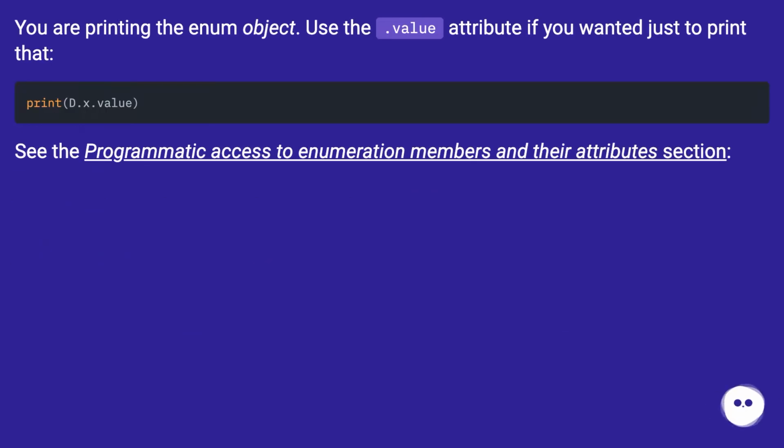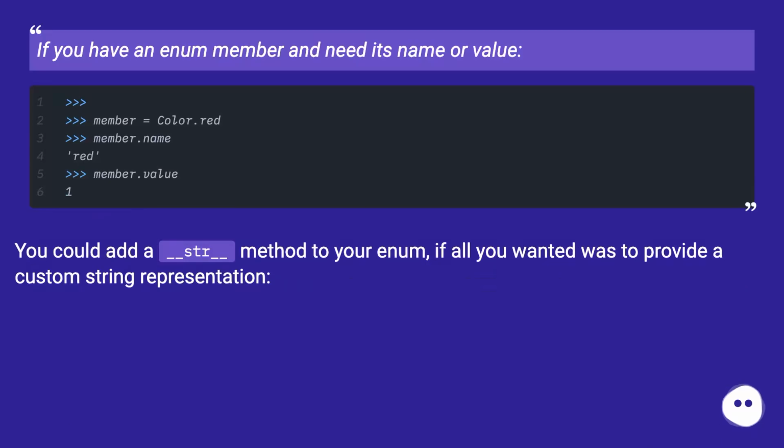You are printing the enum object. Use the .value attribute if you wanted just to print that. See the programmatic access to enumeration members and their attributes section. If you have an enum member and need its name or value,